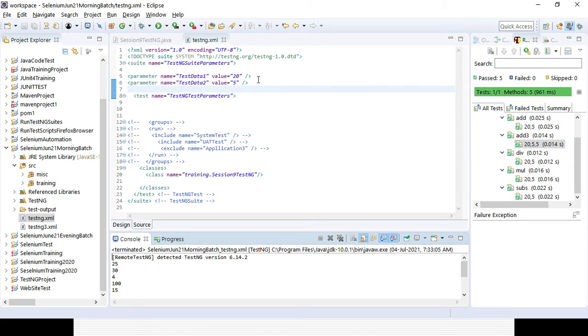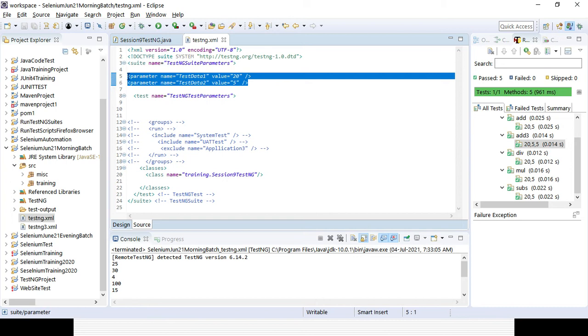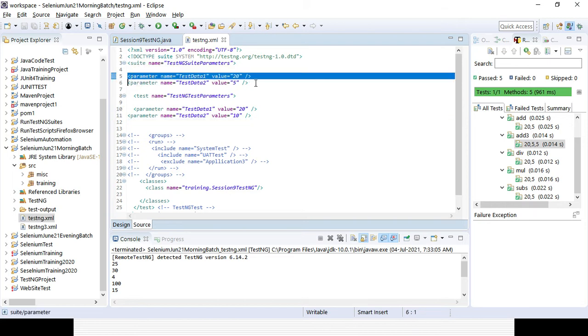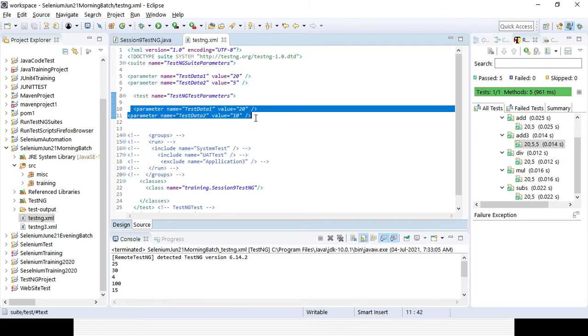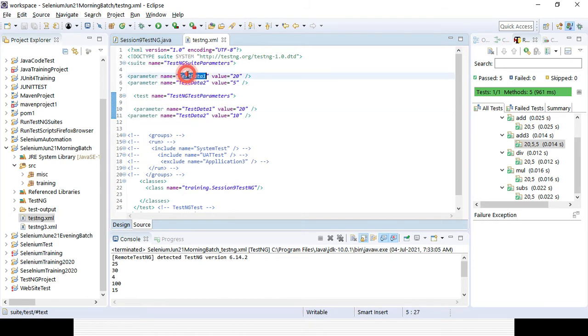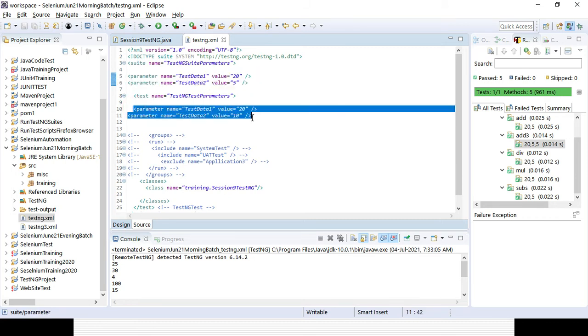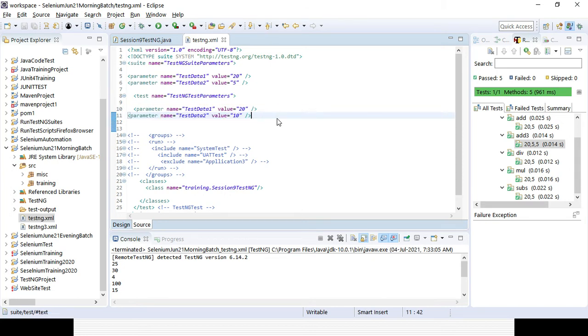Now say I am giving the same parameter name at my test level as well as my suite level, right. And now at the test level I am changing the value from 5 to 10. So what happens now? Your suite level will be discarded and your test level will be taken. So in case the same parameter is present at your suite level and at your test level, the test level will be taken into consideration, your suite level will be discarded, right. So that is the difference. So now if you run it, the suite level value will not be executed. Instead, the test level value will be used. Now let's try to run it and see what the output is here.